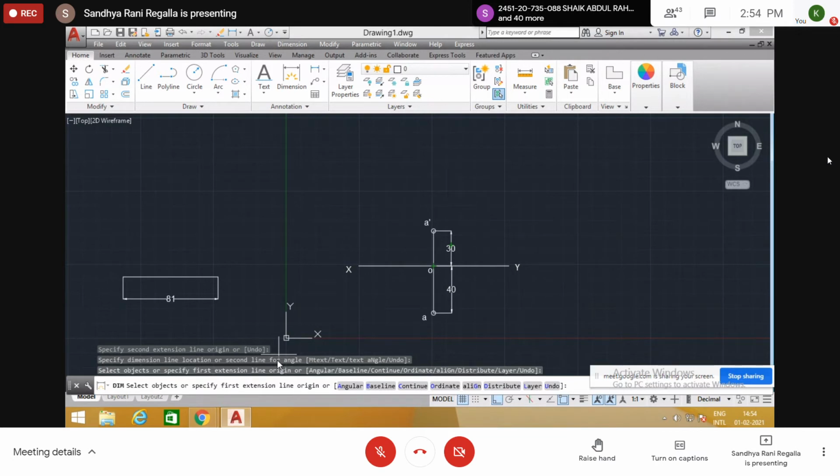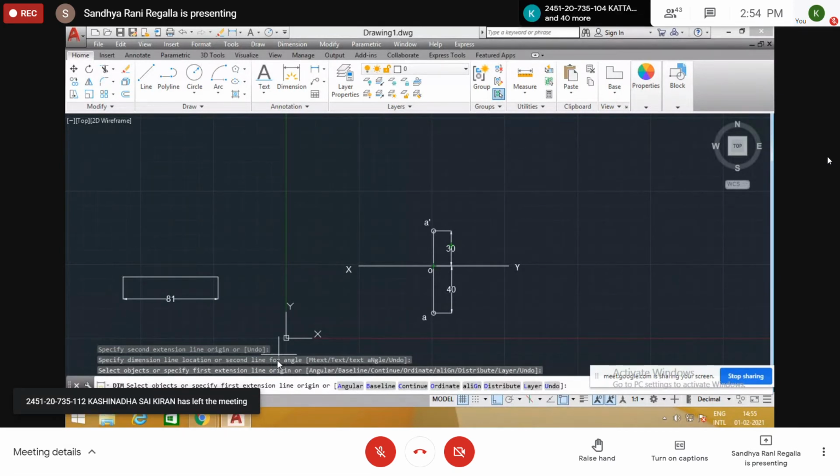Second one, line contained by one or both planes. Both planes means what? What are the both planes here? Please respond, anyone? Both planes means horizontal and vertical, HP and VP. Very good, horizontal plane and vertical plane. Okay, first one is line parallel to both planes.